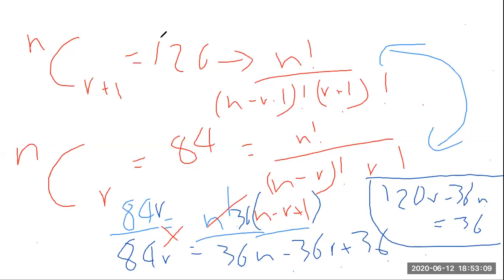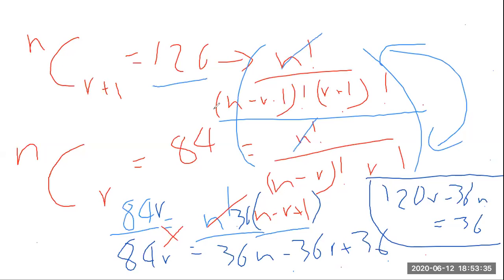Now once again we are just going to divide both the expressions. So if we divide 126 by 84 and you divide this thing,